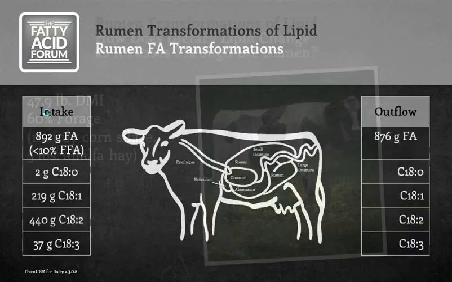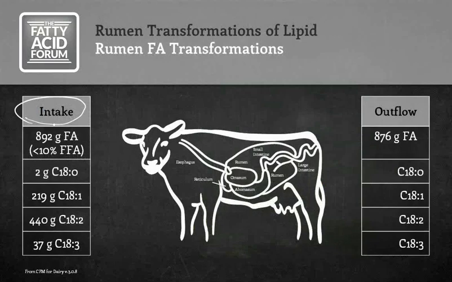So let's look on the intake side. What goes in from this specific diet? The model predicted that the cows were going to eat 892 grams of fatty acids per day. Remember, this is specific for this diet and the fatty acid composition of the ingredients that are in this diet and for this particular cow. But in this instance, 892 grams going in. Very little free fatty acids, typically less than 10%, would be free fatty acids, and the majority is bound to glycerol. Low amounts of saturated fatty acids, only 2 grams of 18:0, which is stearic acid,